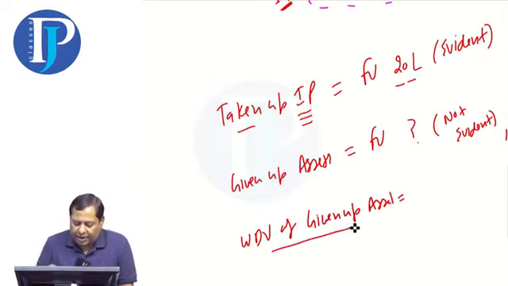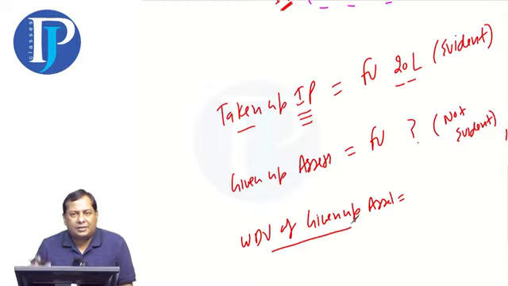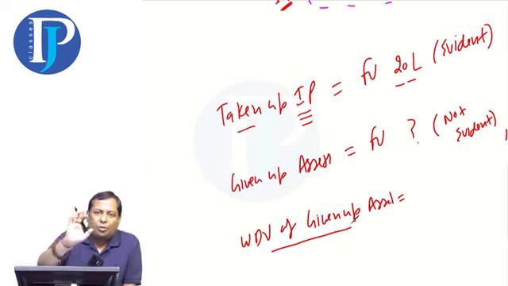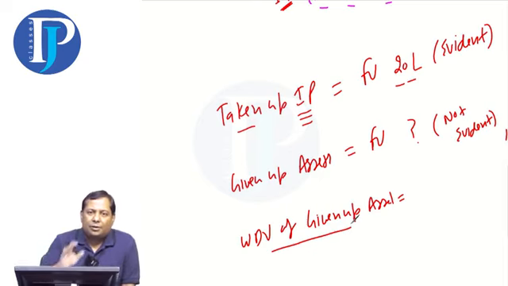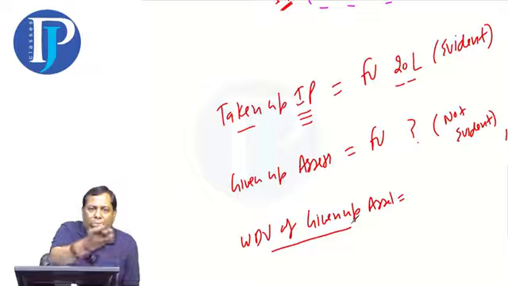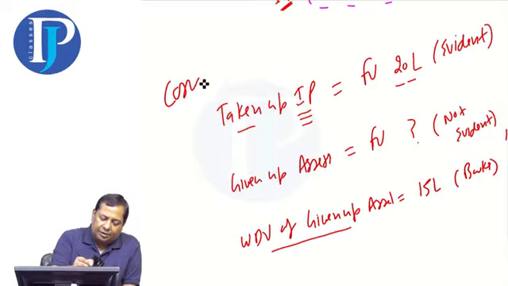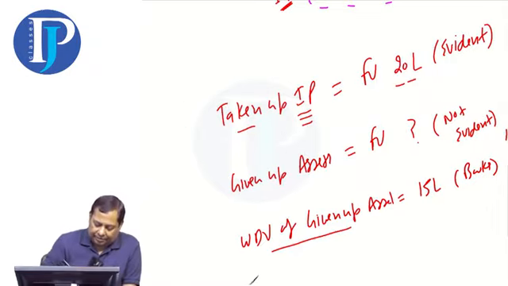So now you can't deny this thing that the asset you are giving up, which is your old asset, must have some value in the books, right, students? The value that is in your books, we call it the carrying amount. And the carrying amount of this is 15 lakhs, and I found this information in the books. So this becomes your case number 1.